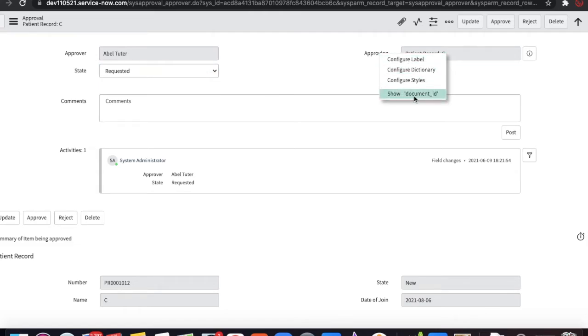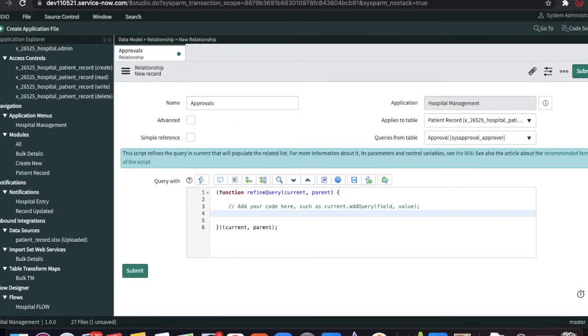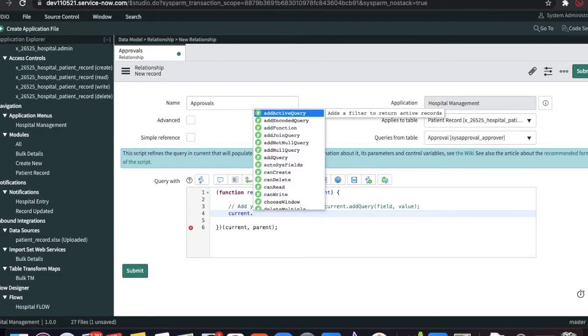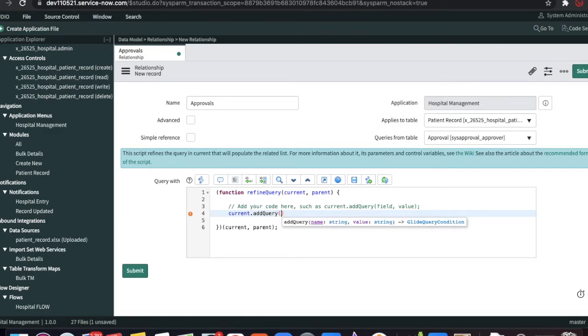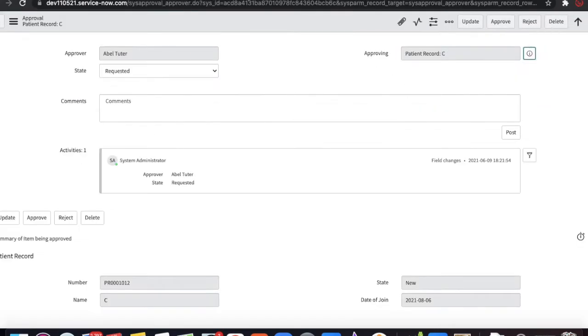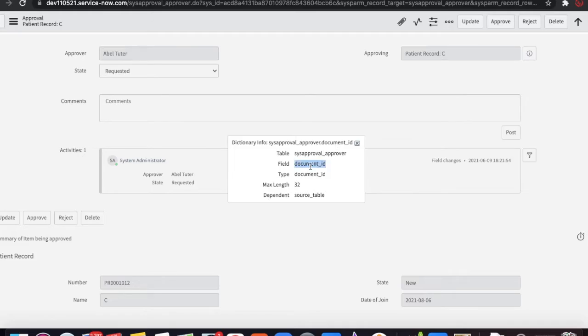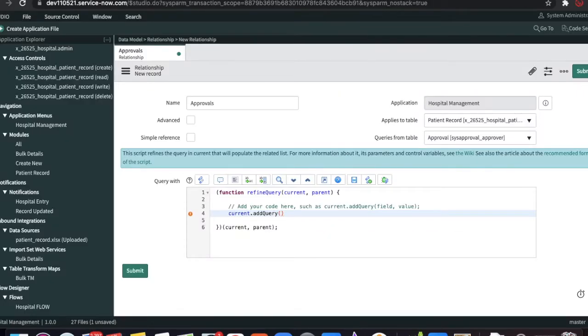Approving is the field or key that is pointing to our actual record, the patient record, right? So if I go back to the studio, I will type current dot add query here, and then I should put which field it is actually approving, which is nothing but document ID. So I'll copy this field name, document ID, and paste here.